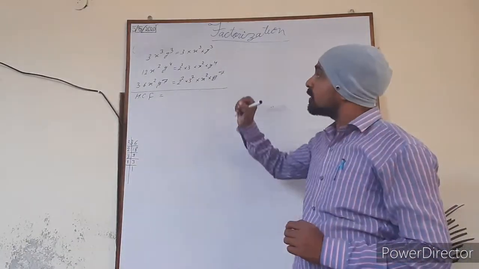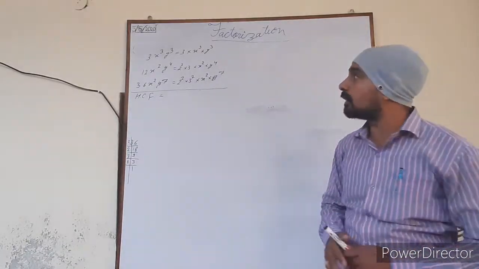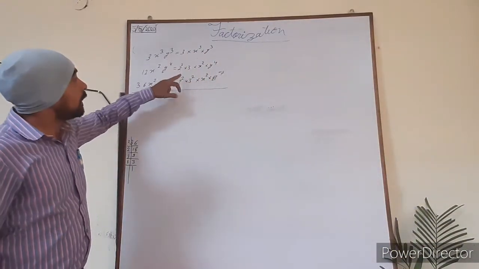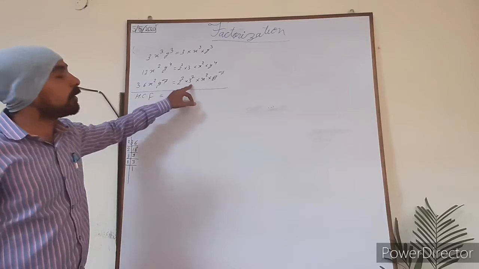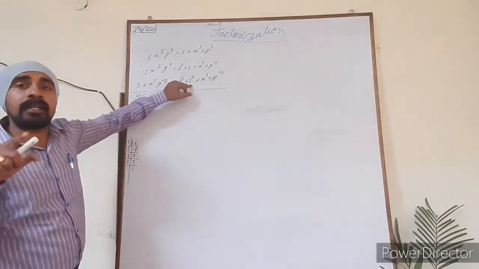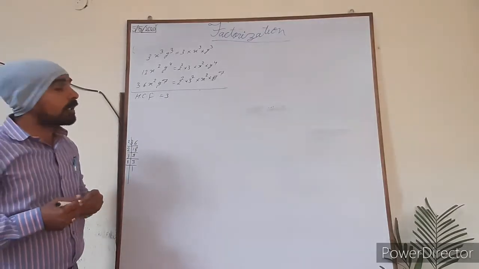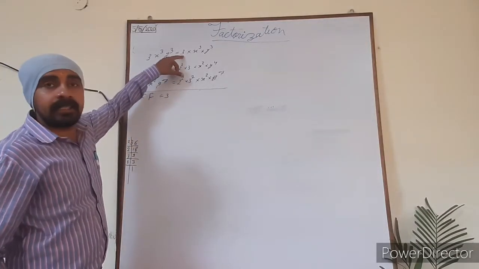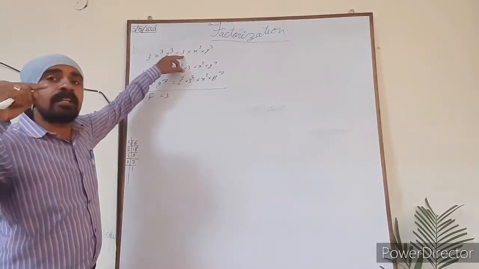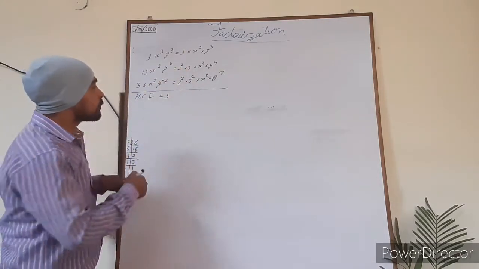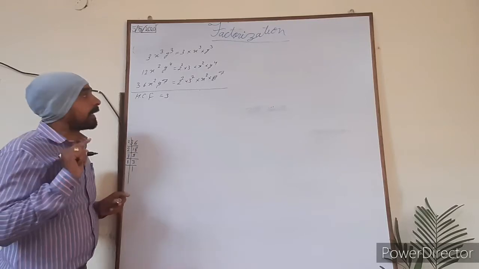Each thing means the constant as well as the variable. If you see here, here is 3 to the power 1, here is 3 to the power 1, and here is 3 to the power 2. So the lowest power is 1, so that will be 3 here. If you focus on 2, 2 is not present here, so the minimum power is 2 to the power 0. So 2 to the power 0 is smallest in these three, so 2 won't be taken.